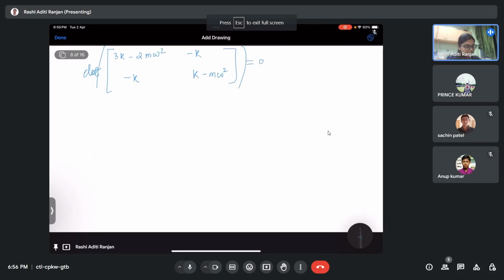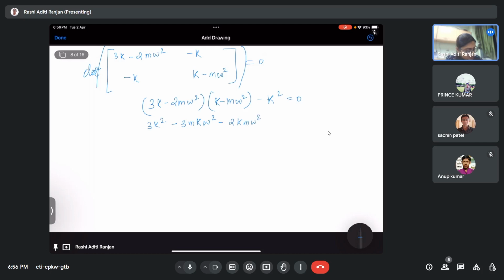Okay, fine. Now if I find the determinant of this, what would it result? It would be (3k minus 2m omega square)(k minus m omega square) minus k square is equal to 0. Correct? This would give me 3k square minus 3mk omega square minus 2km omega square plus 2m square omega to the power 4 minus k square is equal to 0. Right. So what do I get now? 2m square omega to the power 4, and then I'll have minus 5mk omega square plus 2k square